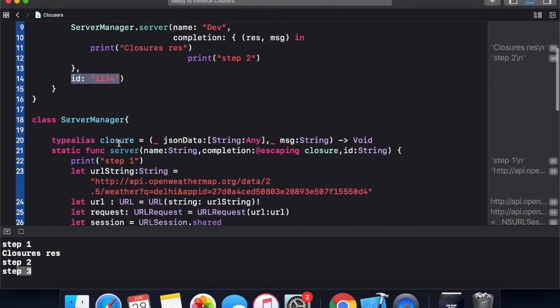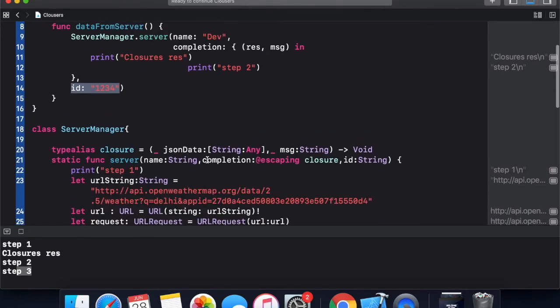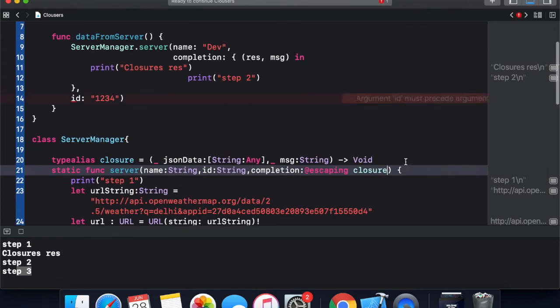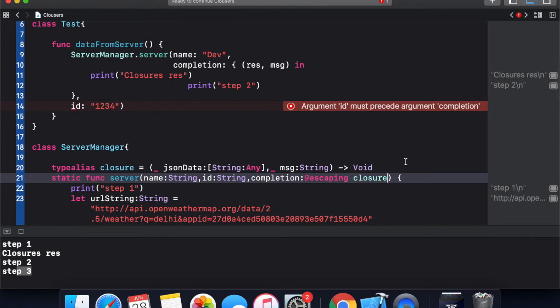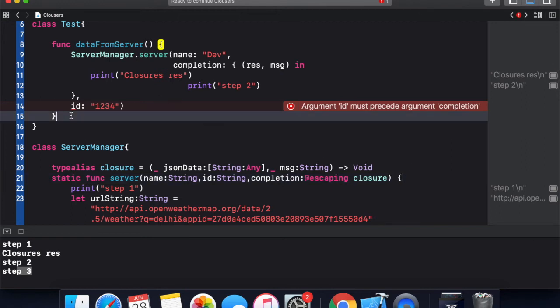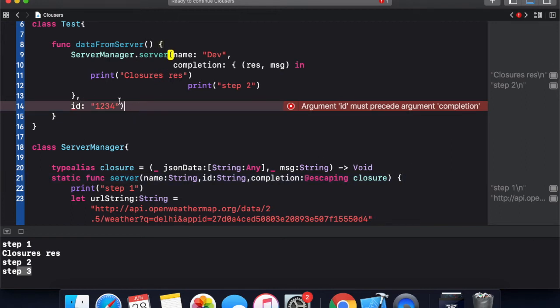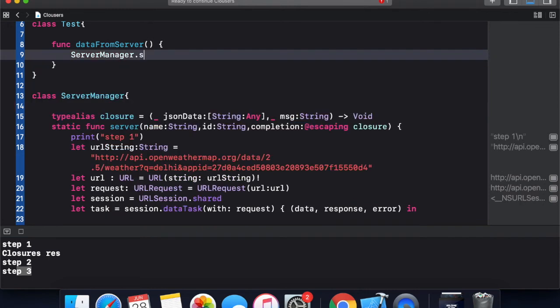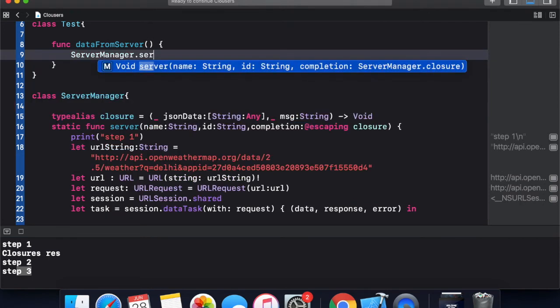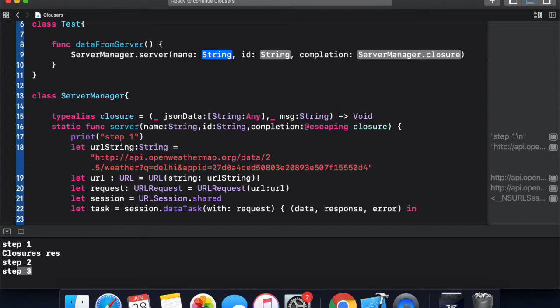So let's make this closure a trailing closure. For that I am going to cut this and put it as the last parameter of this function. Now I need to rewrite this function call, and let's see what changes it makes. So let's write it.